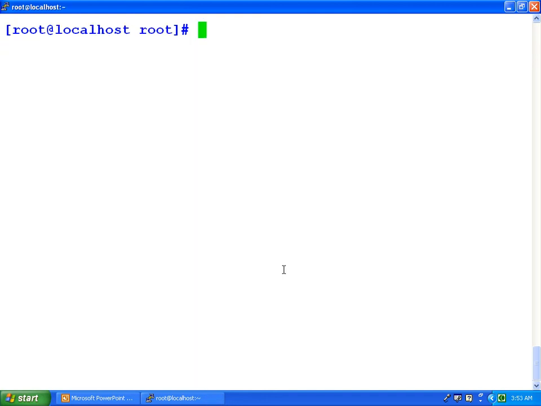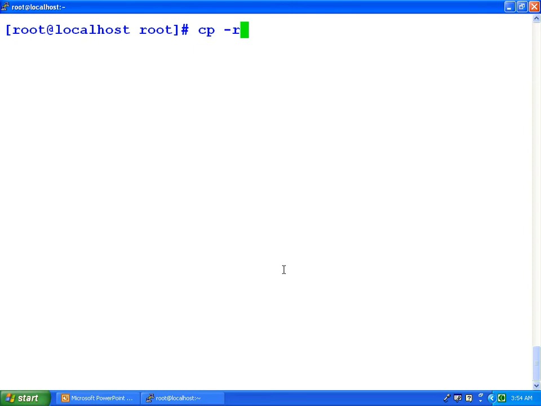Let us look at the other options of cp, that is the copy command. cp -r. This command is used to copy all the files present in a directory recursively. So let us see that. Suppose we have a directory called first dir, which is present in the Dadwal directory.